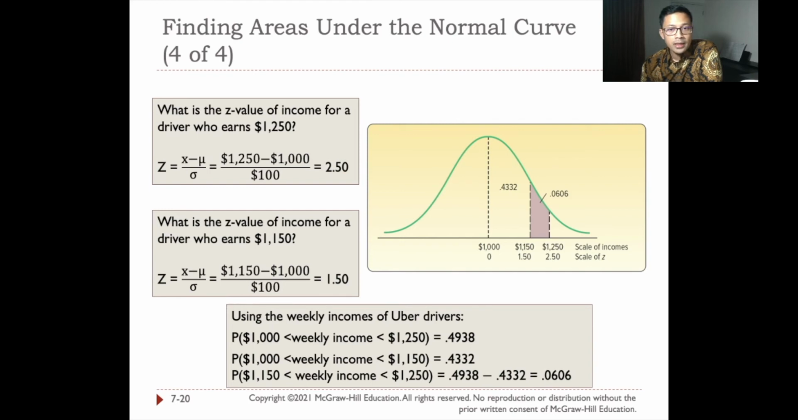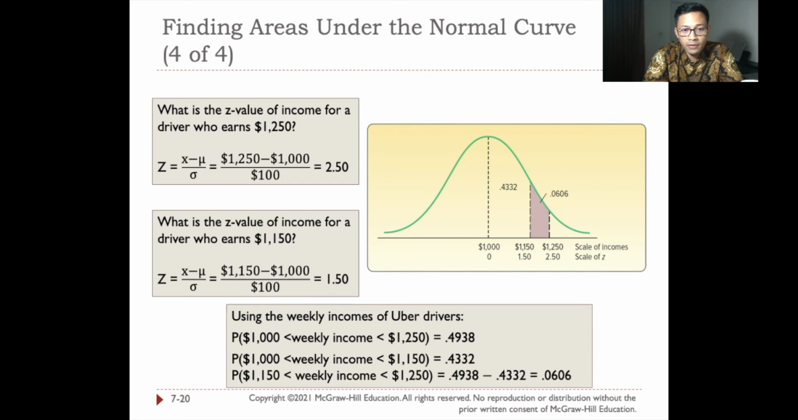1,250. Now, the first thing to do is actually to find the z-scores. So the z-score for a driver who earns 1,250 is going to be 2.50, and the z-value of income for a driver who earns 1,150 is going to be 1.50. Okay, and so let's look into the z-table and find the probability of weekly income between 1,000 and 1,250. And you can see from the table it's going to be 0.4938, and for